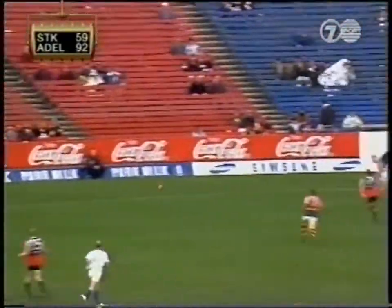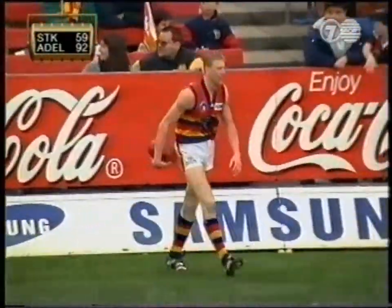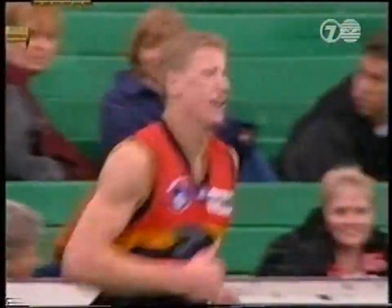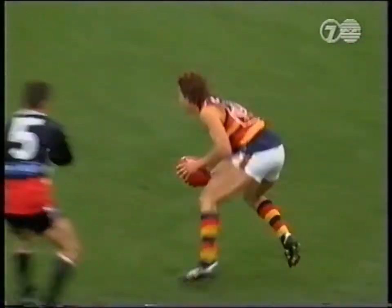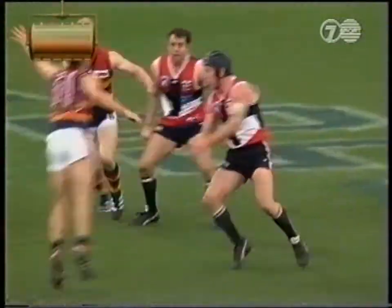Up in the forward line, Burke working it, as Robert Harvey takes a spell, the game well beyond them. Adelaide led at quarter time by 9 points. It was just 3 at half time, but then a 5-goal to 1 third quarter. Their lead was out to 26. Now it's 33. So with Harvey off, Jarman involved there, the game seemingly right out of the